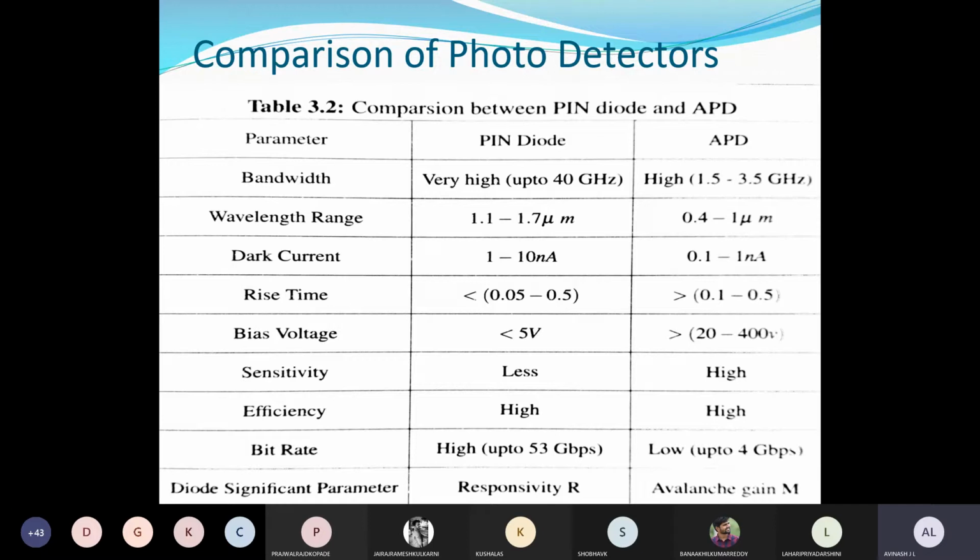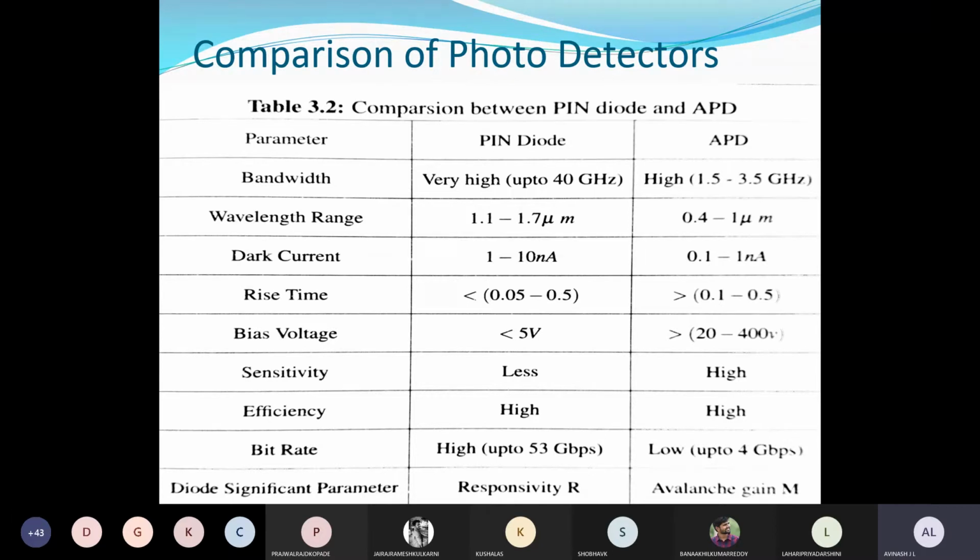The dark current in the PIN diode is 1 to 10 nanoamperes. Nanoamperes is a good quantity. When we use current in our labs, the voltage range is small while current matters more, because if current is more, power will also be more. Voltage generation at this level is negligible, but current we cannot neglect. So the dark current will be 1 to 10 nanoamperes.